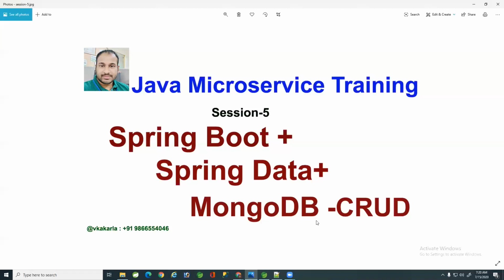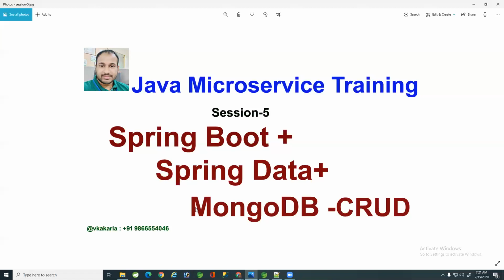Why? Because when we are working with the SQL database, we have some user interfaces to connect to the database. If it is a MySQL database, we have MySQL Workbench. If it is Oracle or SQL Server, we have a SQL Developer user interface where we can connect to the database. We can create, select, and see the database tables, the data from the tables, and the schema. So like that, we have a user interface for the SQL database.